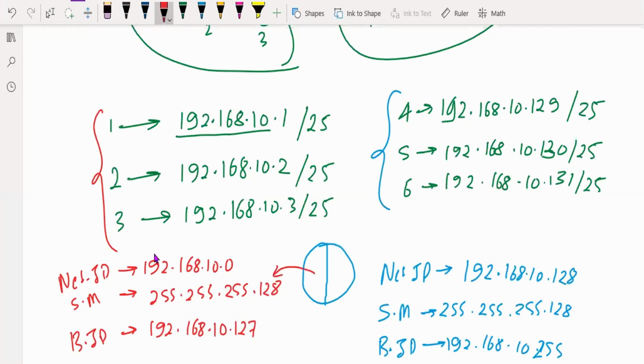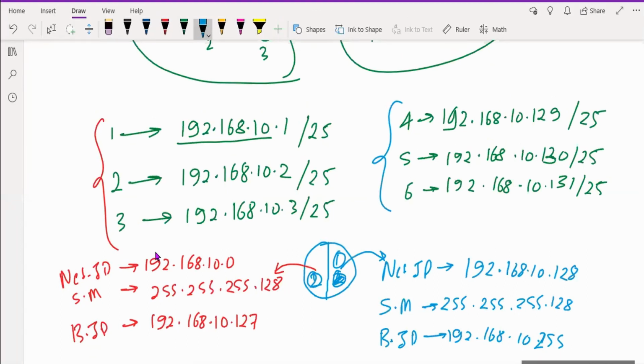So this is the case where I am dividing my pie chart into two sections or two clusters. This one is the first cluster and this one is the second cluster, whatever you prefer. In this way, I am going to design my network in Packet Tracer, and we will realize what will happen if I create my network this way.